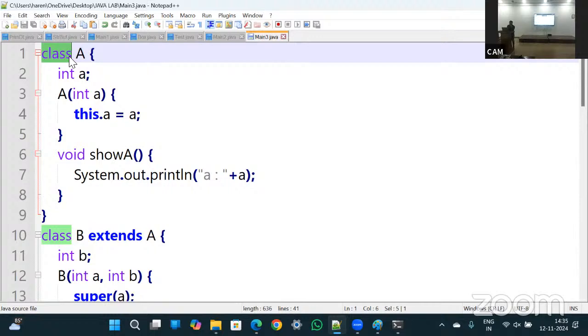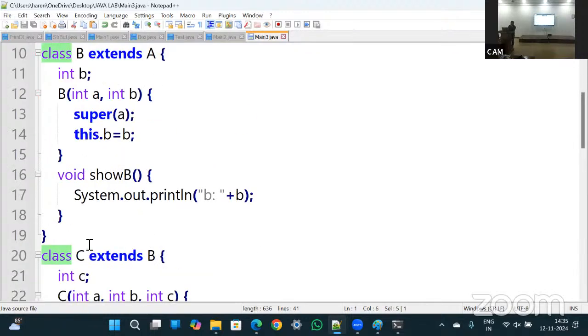Class A extends what? The superclass called Object. Object is the superclass to all the Java classes, right? So now tell me, class C,